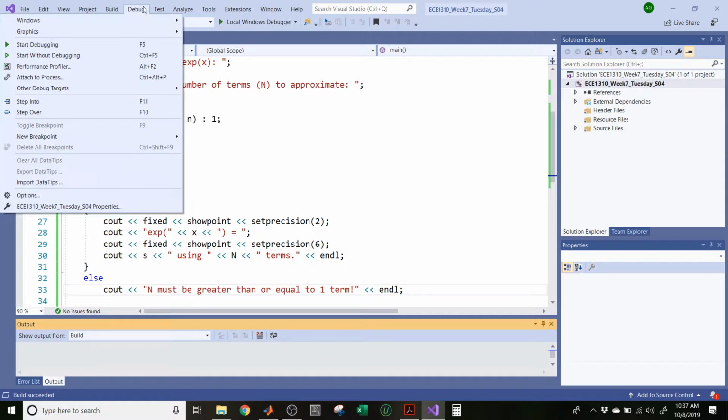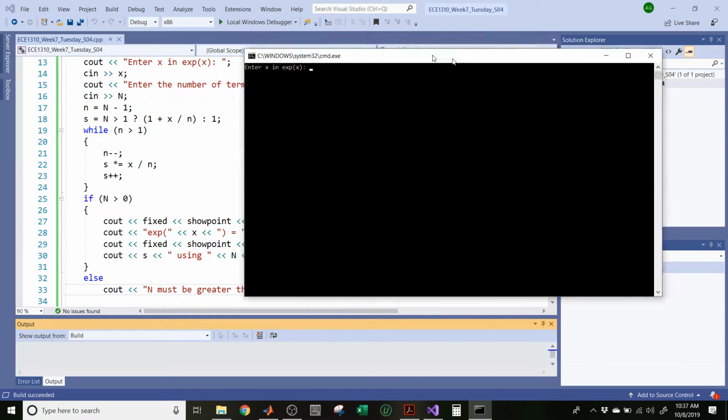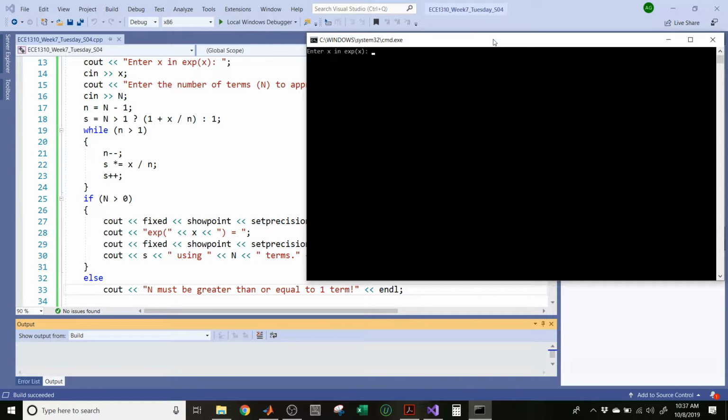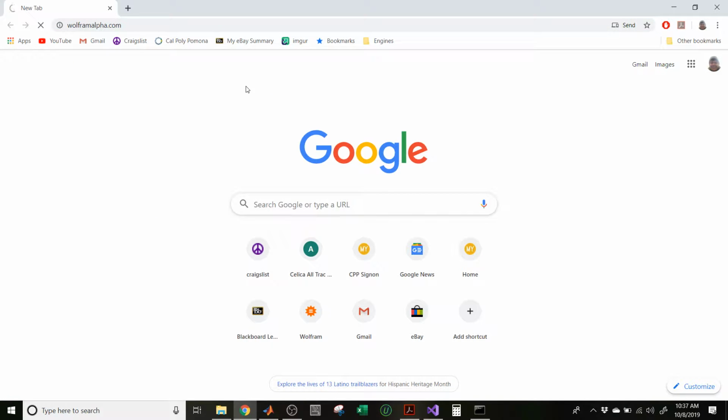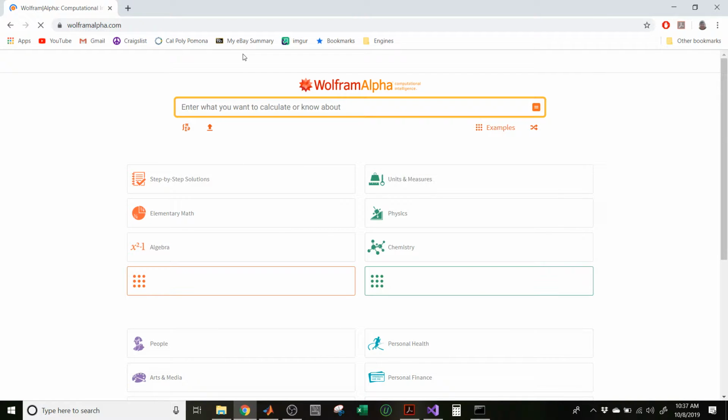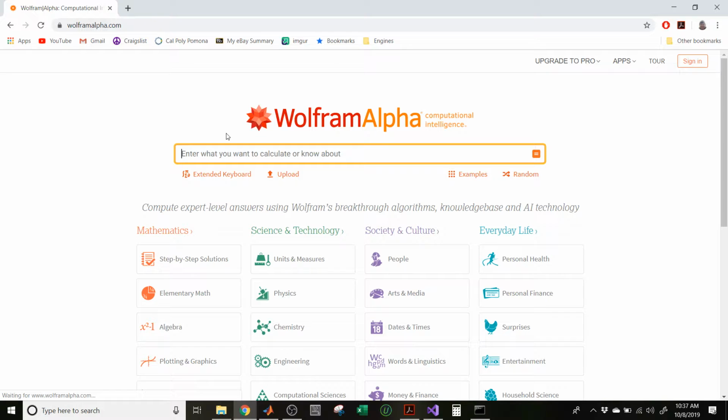So let's do this, debug. Start with our debugging. So now let's do the actual. Let's do 5 on the example. So let's do 1.34. Let's do 5 terms. That is the approximation. Okay, so now let's check if this number is correct. How do we check that? Remember, we can go to Wolfram Alpha, and then we can type here, for example, you can type